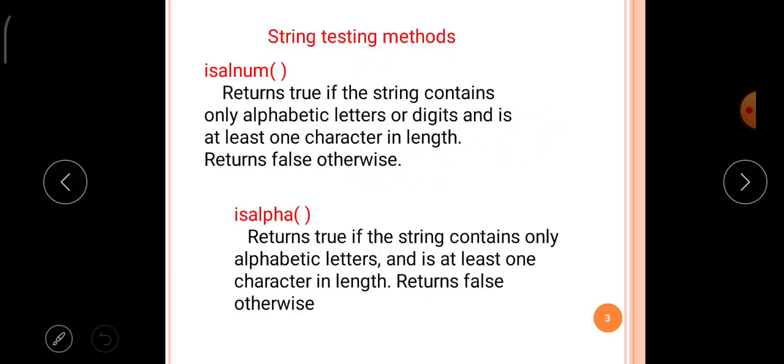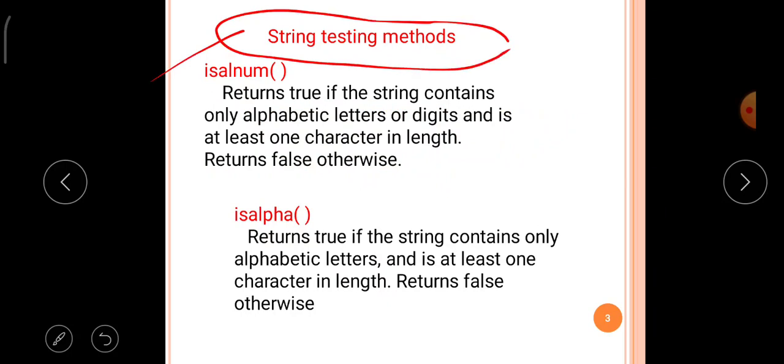These string methods are of different types according to the behavior of the function, so the string methods are again classified. The first one is string testing methods. The name indicates that these methods receive a string, verify that string, and give a particular answer.